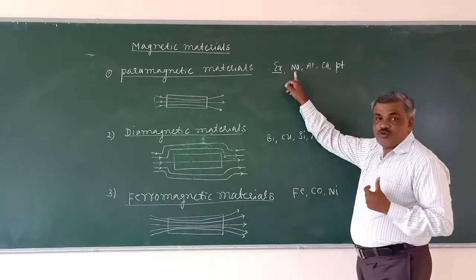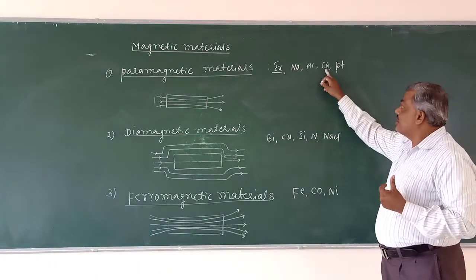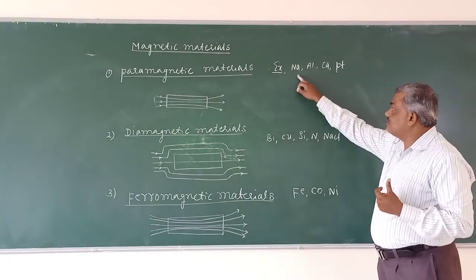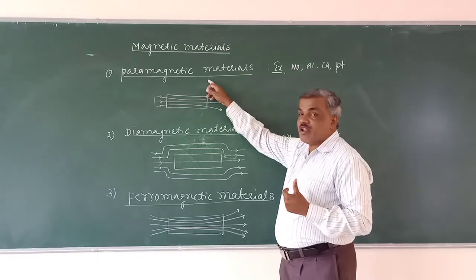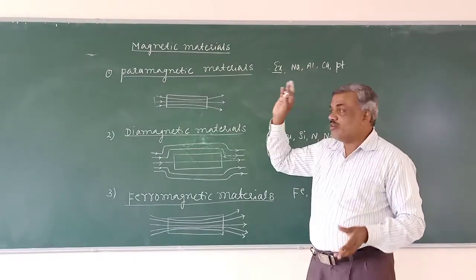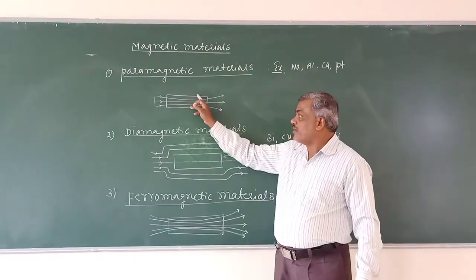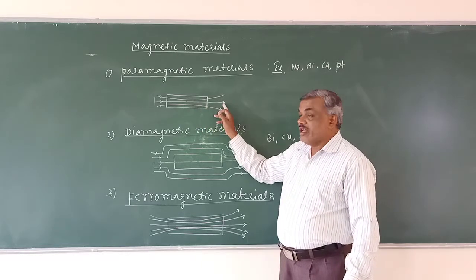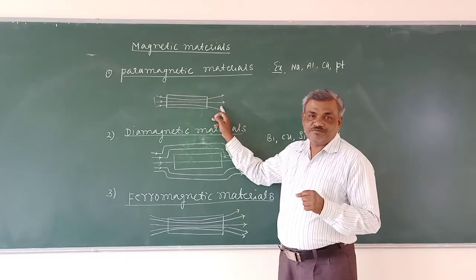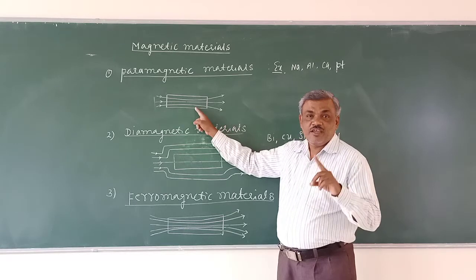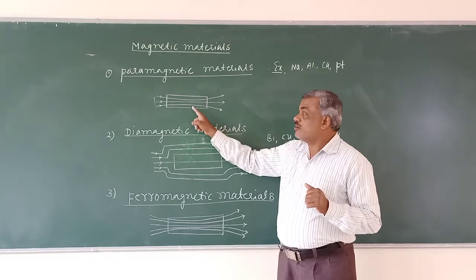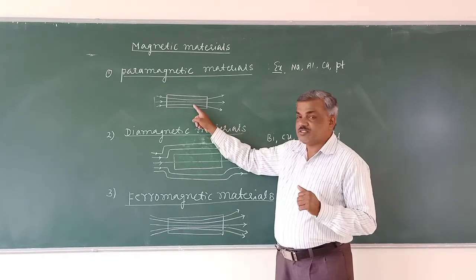Examples here: sodium, aluminum, calcium, platinum. So these are examples for paramagnetic materials. Now an example here: take a paramagnetic material kept in an external magnetic field. Now the specimen gets magnetized. So the magnetic field lines inside the specimen get